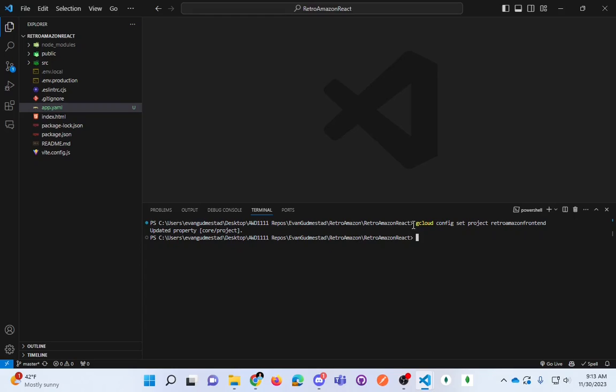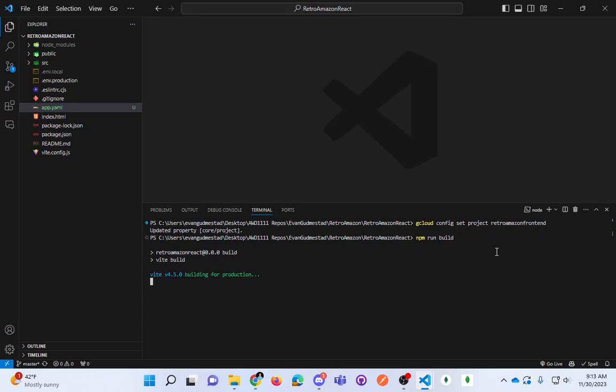Okay, so we set it to the right project. The next thing we want to do is a build, okay? And so the command here, this is a command to build your Vite app and essentially create that dist folder. So npm run build